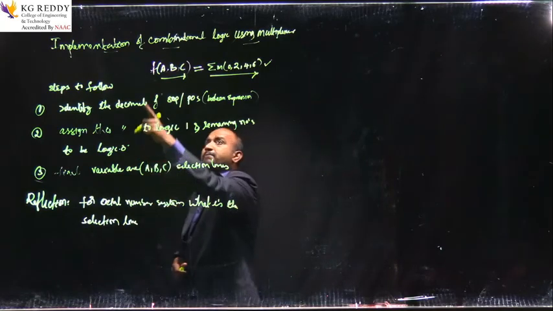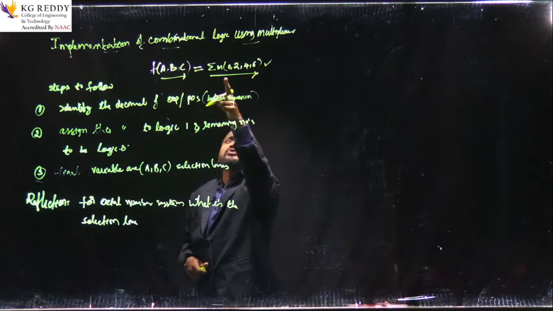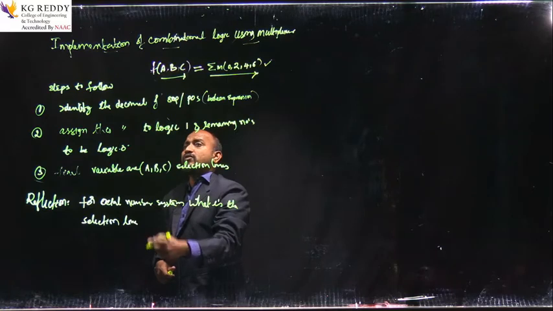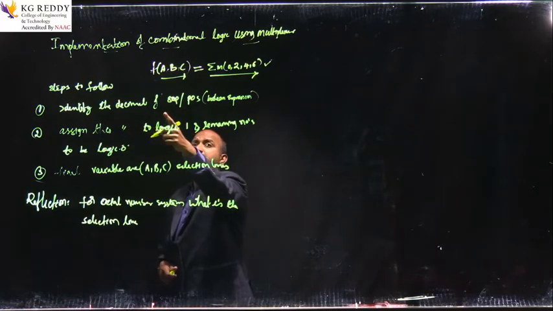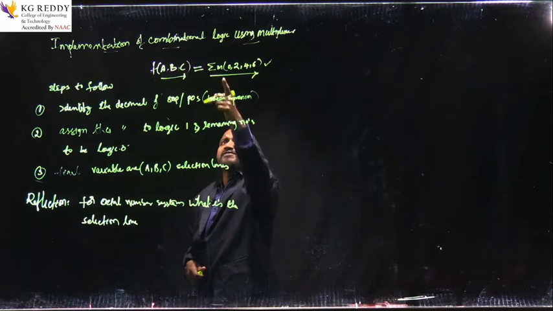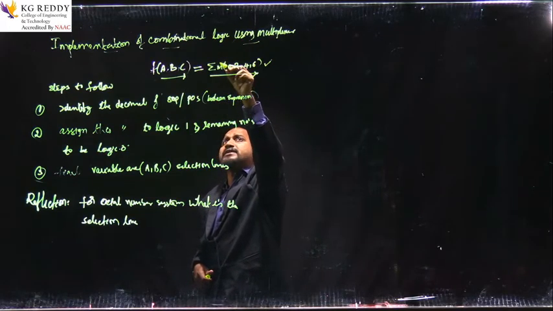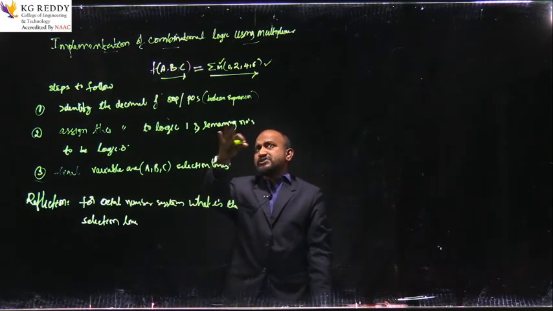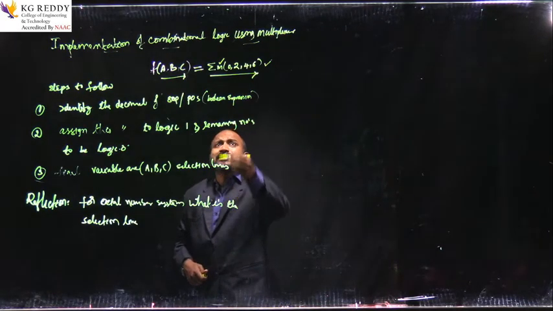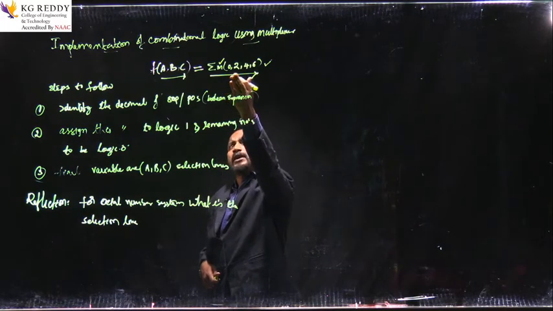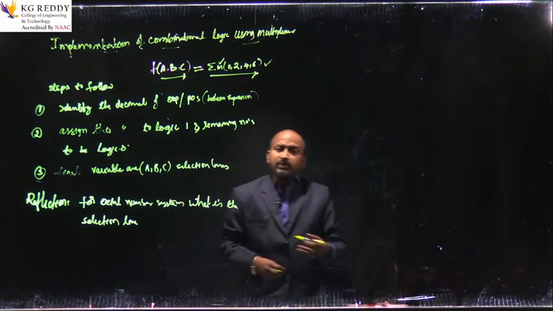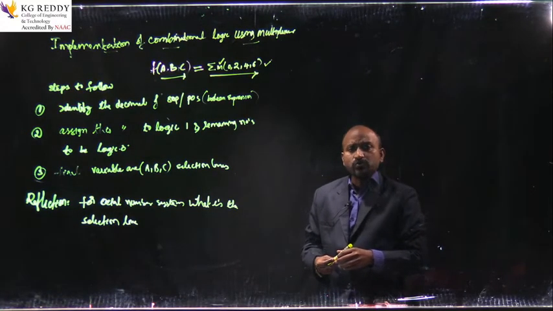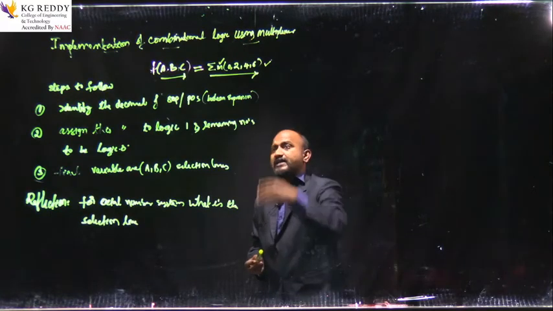The question is to implement the expression using the multiplexer. First we follow the steps: identify the decimal numbers in SOP. The small m means sum of minterms, so it is in SOP form. The given expression should be in SOP form, and we choose the numbers for the given expression and then write the expression.